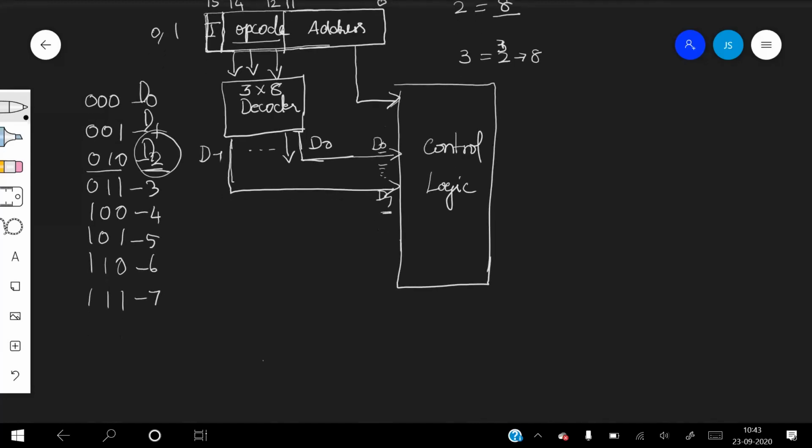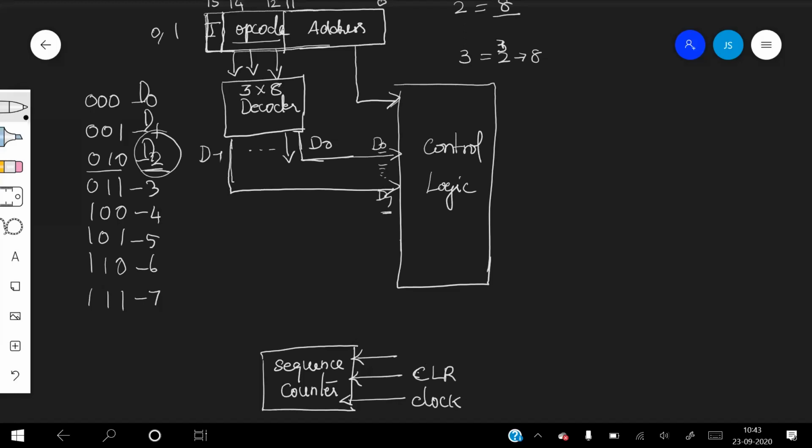And we have a sequence counter. It responds to the clock signal. The other control inputs given to the sequence counter are clear, to clear the counter, and the other one is to perform increment.